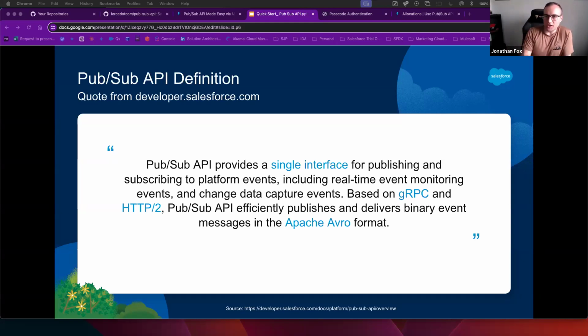The PubSub API, and gRPC in general, not just the Salesforce PubSub API, officially supports 11 languages, or it did when I last looked. Python, Node.js, Java, to name a few. If you build enterprise applications, you're pretty much going to be supported when using this API anyway. But one of the beauties of gRPC, and why the PubSub API adopts it, is bi-directional streaming. That means that in the same connection, you can do a publish and a subscribe. We'll look at why that's really important in a minute. And as I've already alluded to, it doesn't use CometD.